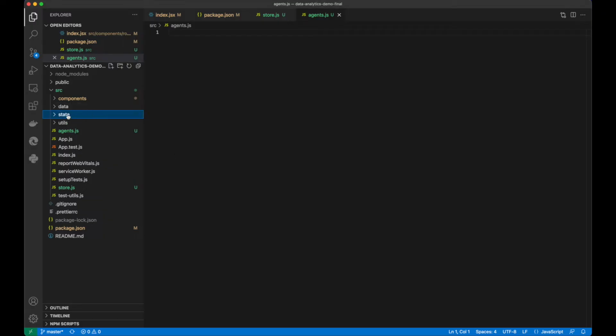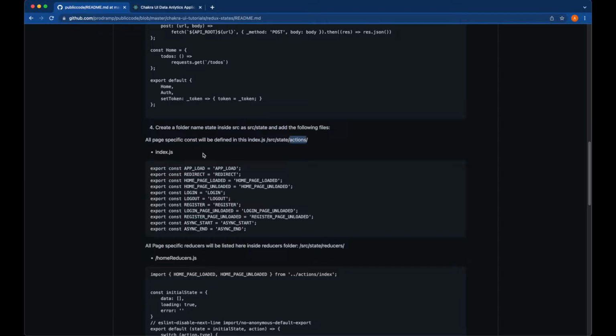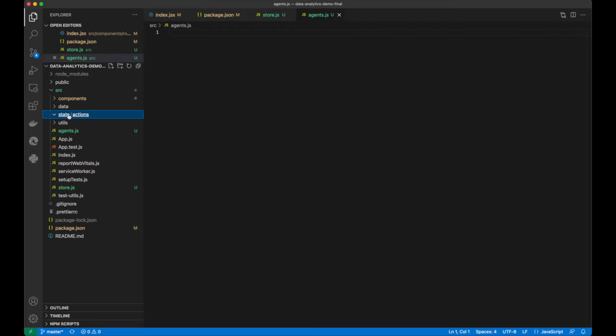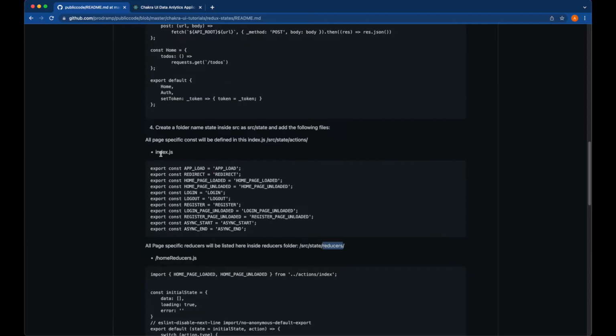So in this state, let's create a new folder called actions, and we also need to create a new folder called reducers. So we have created the actions and reducers folders here. In the actions folder, we need to create the index.js,